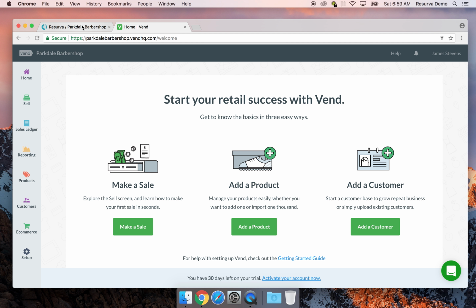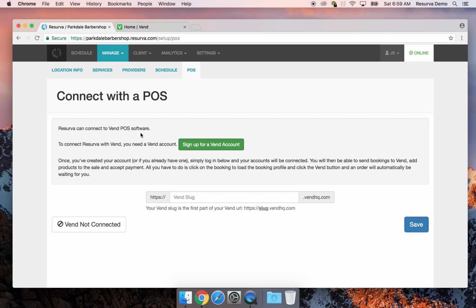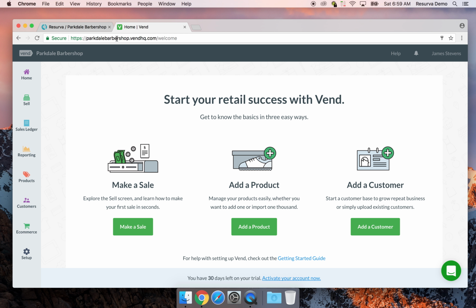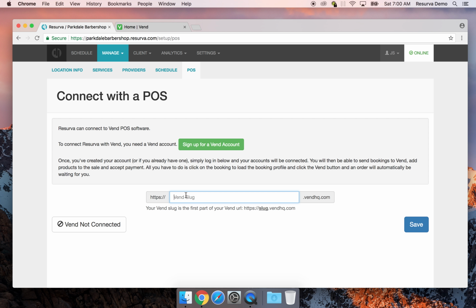So I'll go through now and I'll actually connect my Vend account here. So you can see my subdomain. I'm just going to copy that just to make sure that I got the right letters typed in there. So it's https, parkdalebarbershop.vendhq.com is what I'm connecting to. So once I click save here,